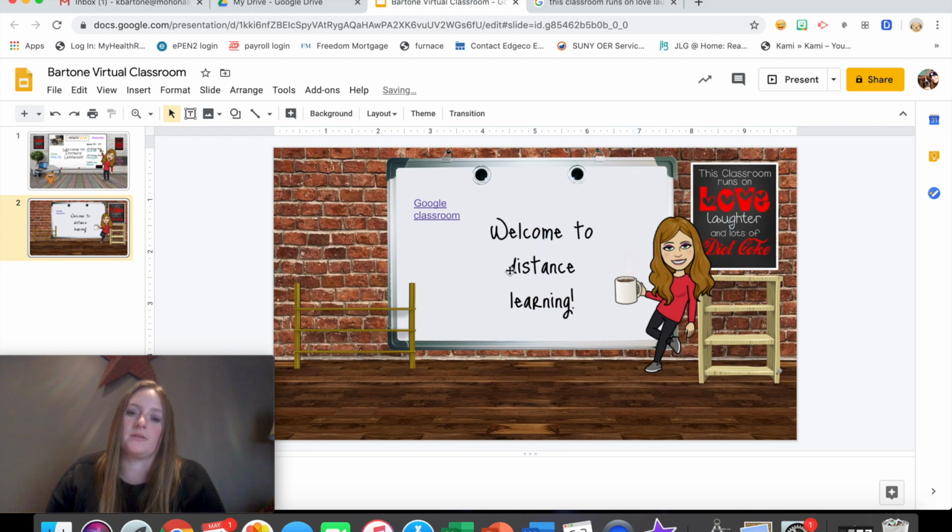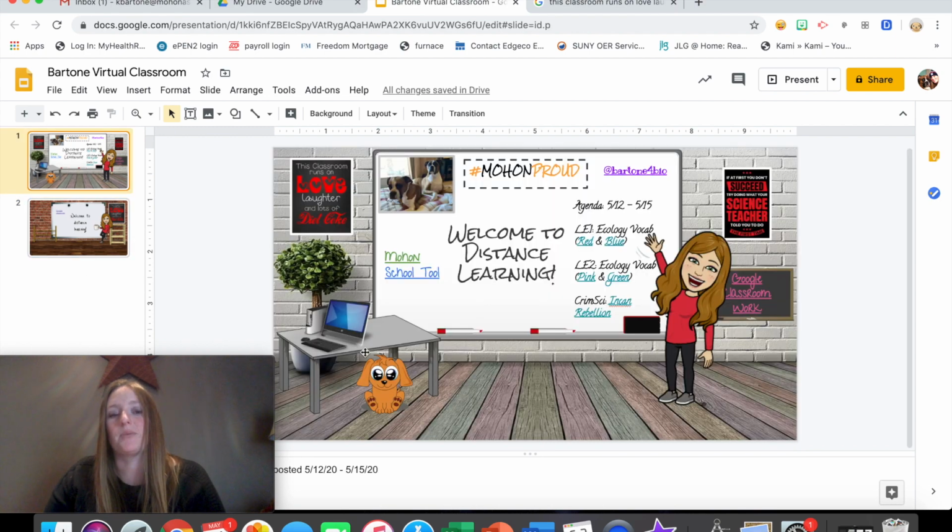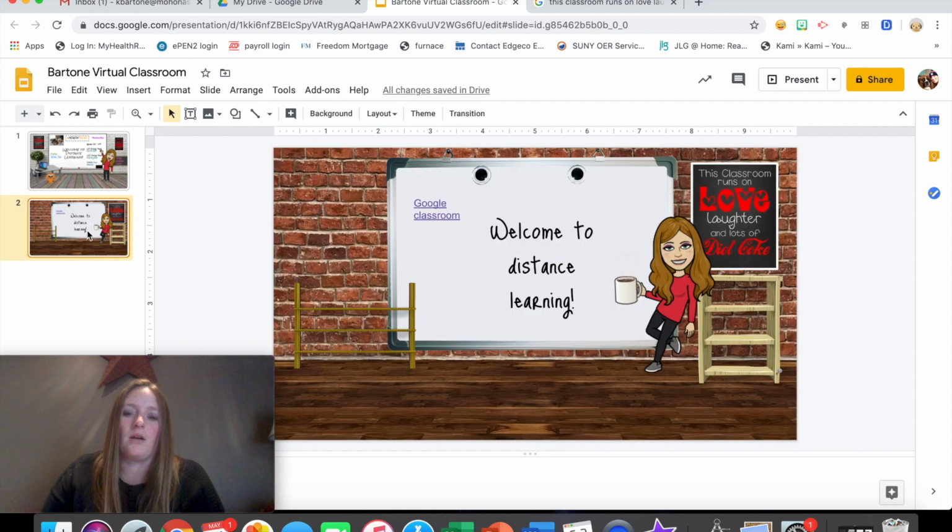But that's something else. So you can add in links, you can add in whatever else you like to decorate your room with. In my classroom, I have a table right next to my board, so that's why I put the table where my computer is. This background that I used here, the plant came with it, but you can add in plants and things like that. And then the other thing I did was I shared this out as a JPEG or a PNG file,